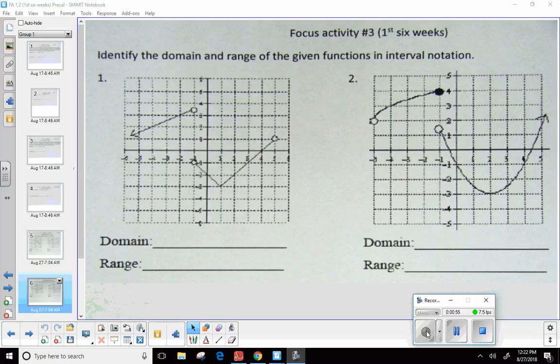But this concept, just finding domain and range, two problems on your test Thursday are going to look just like this. I'm just going to give you a couple of graphs, and all you got to do is tell me using interval notation, the domain how wide, and the range how tall. Okay, so let's see here. Number one,